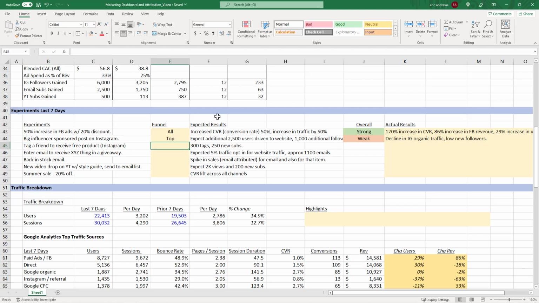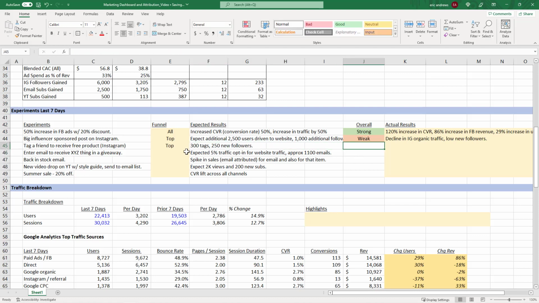So that really is a top of the funnel activity. It's not focused on conversion. It is focused on engagement. So you could even say top mid, but really the purpose of the whole thing is to get new people to be tagged to our account to see it, and then for them to follow us. So I would say it's really top of the funnel. And we expect to have 300 people tag their friends, and to have 250 new followers incrementally